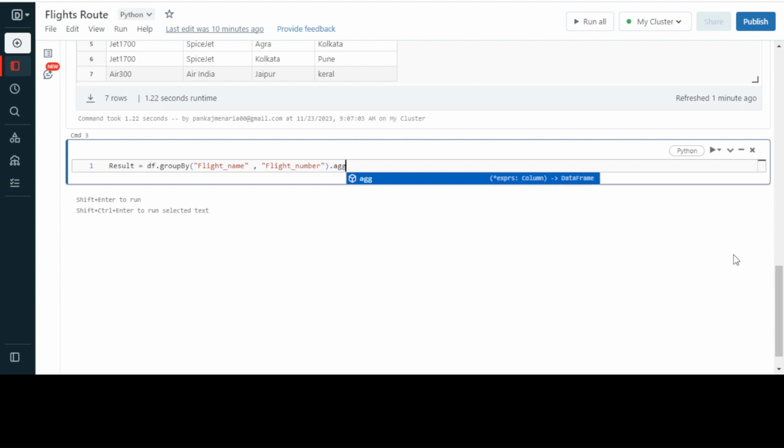Now I will just use my aggregate functions. I have two aggregate functions, first and last, which can be used to get the first value and last value from a particular data or a particular group. So I'll just use first from my origin city column and I'll give an alias name to it as starting point.